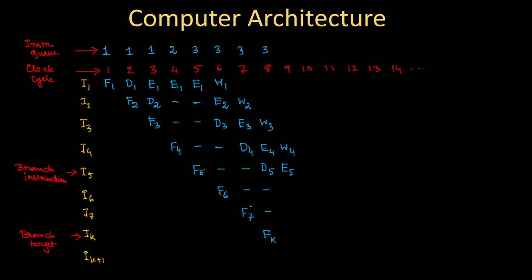What happened? You see, instruction 6, instruction 7 and instruction K, all these instructions are fetched and stored within the prefetch queue, right? They have not yet started decoding. So what will the pipeline see? The pipeline will see that since they have not yet started decoding, they don't need to come up, right? What we can do is calculate this branch target at this time.